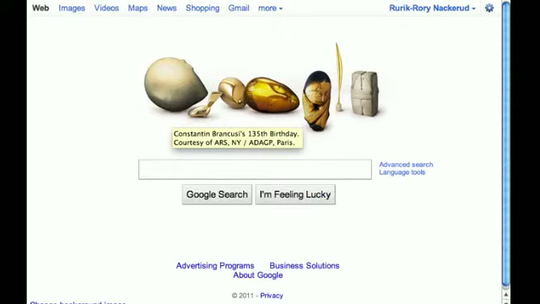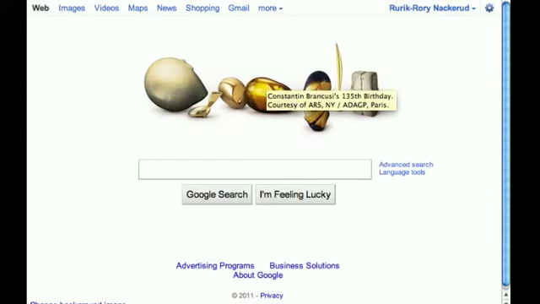So there are a variety of ways in which you can look for a scientific article. The easiest is probably